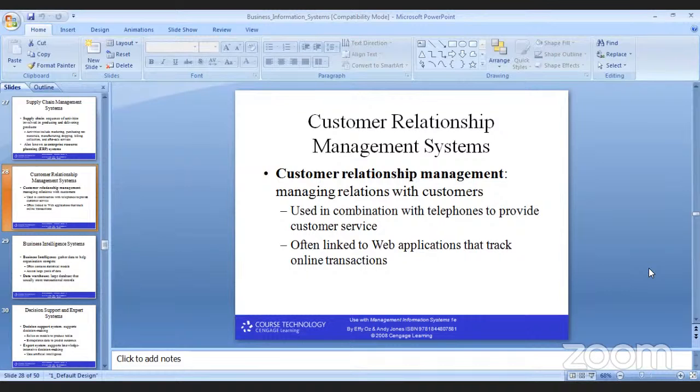The other way is the link to the web application that tracks online transactions. An online support system is also there. If you open any web page or website of any organization, industry or educational institution, you'll find there is a help or contact us option. So there you can go and give your suggestion. The third type, you can go and track online transactions, suppose you order something and see how much